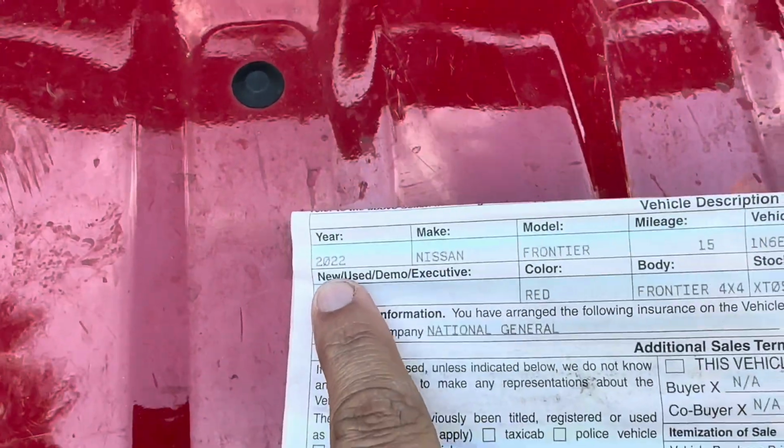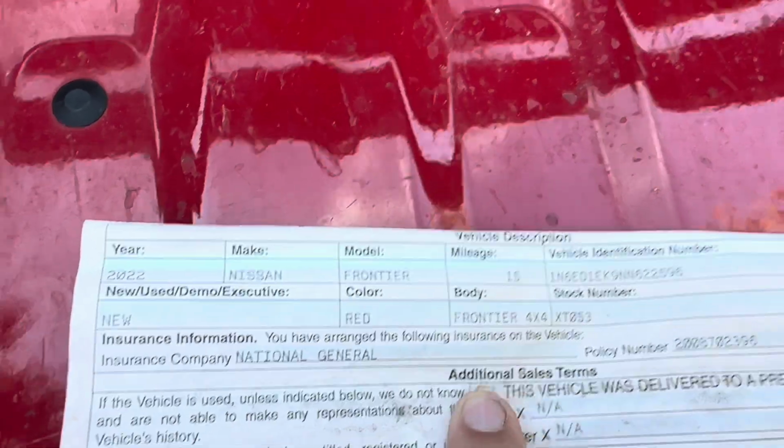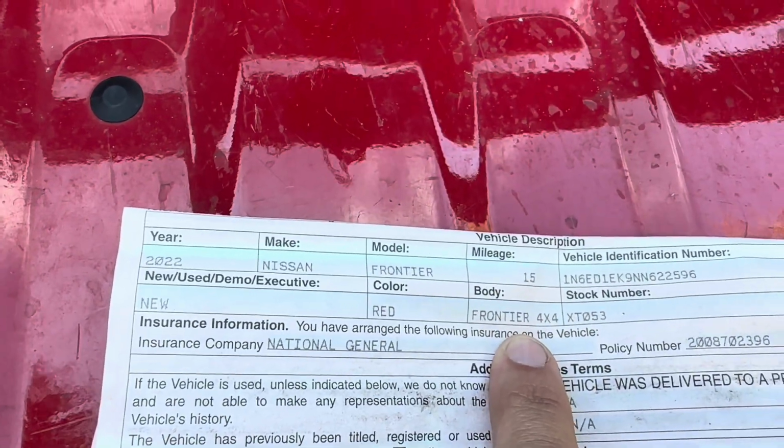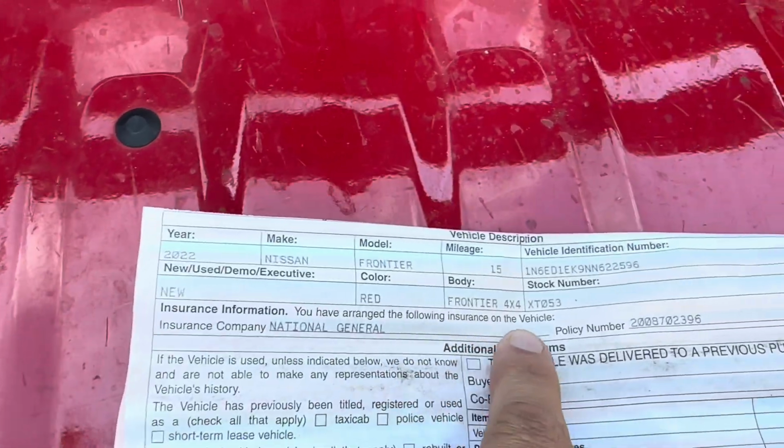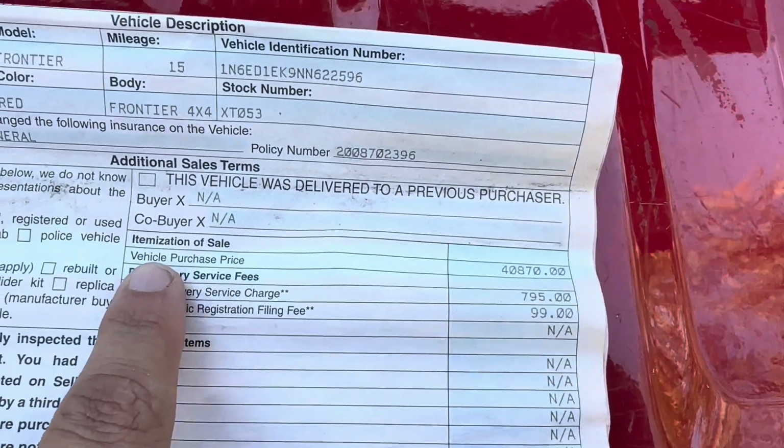Okay, you can see here is a 2022 Nissan Frontier. It had 15 miles on it when I got it. VIN number, it is a Frontier 4x4. This is the base model S. I don't think it's on here anyway, but whatever. Okay, so here, let's start right here. Vehicle purchase price,